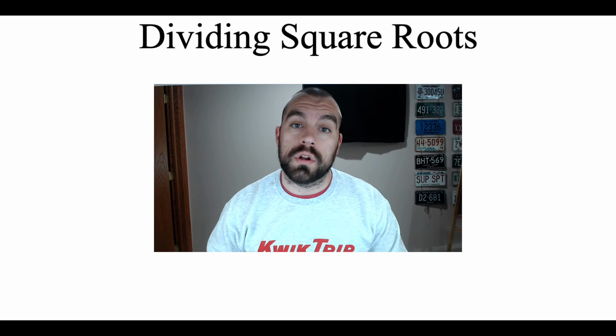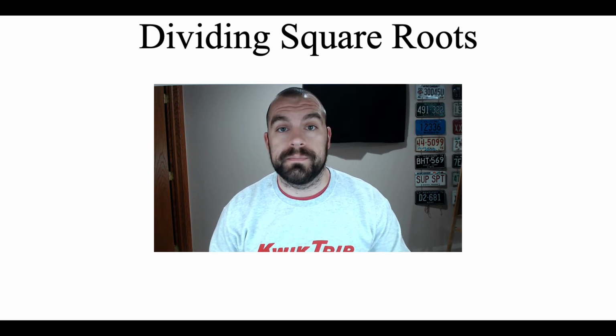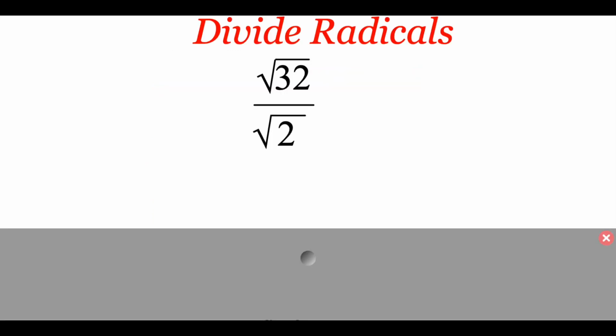In this video, we're going to look at dividing square roots. So when we're looking at dividing some square roots, there's a couple different ways that we can approach this. And I'm going to show you both ways on this first example. So one way that we can look at doing this division is by simplifying down the radicals that we're working with first. So if we were to look at this square root of 32, I could make a factor tree here,